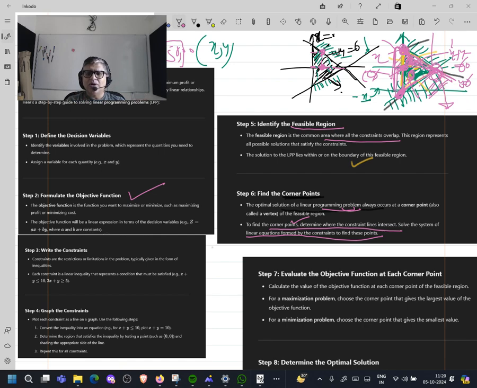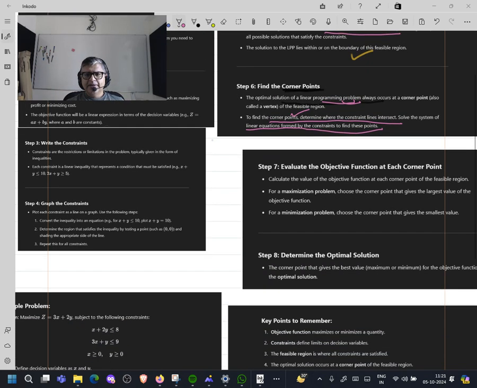Now your job is to do what? All the corner points which you have found, and you will see as the questions progress, there are more than one corner points. Put all of them in the profit function. So 30 chairs, 30 tables, one corner point. 45 tables, 15 chairs, one corner point. Put in the profit equation. Profit equation is very simple. The profit of x can be known. The profit of y tables can be known because the profit of one table and one chair is known, right? And now put the values of x and y in that.